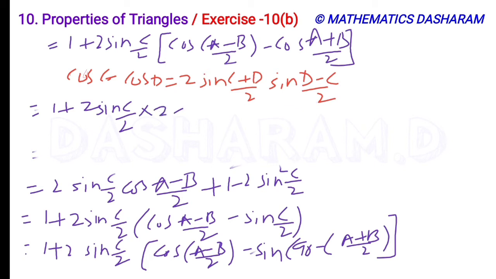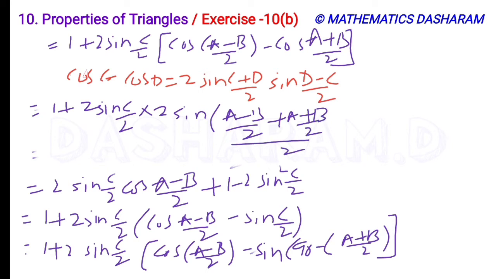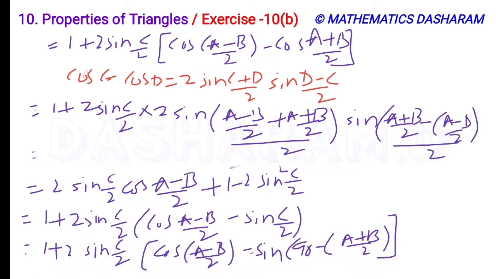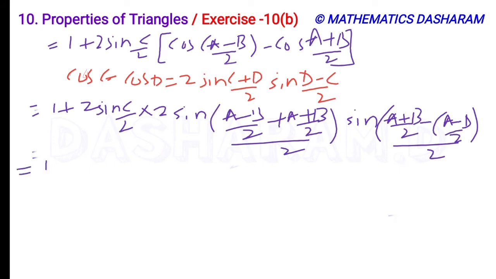So 2 into sin C plus D by 2, so that is A plus B by 2 plus A minus B by 2 plus A plus B by 2, whole by 2, into sin D minus C. So A plus B by 2 minus bracket of A minus B by 2, whole by 2. So it is equals to 1 plus 2 into 2 is 4 sin C by 2,